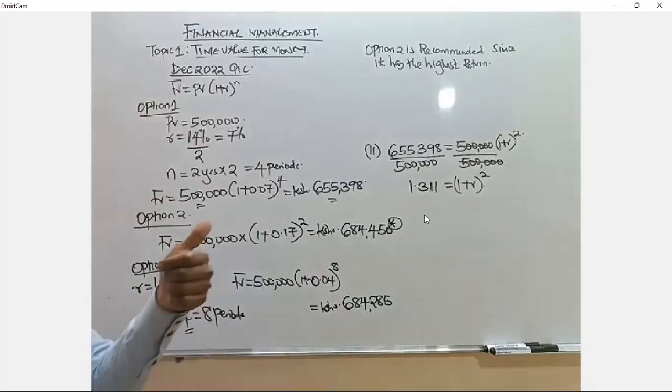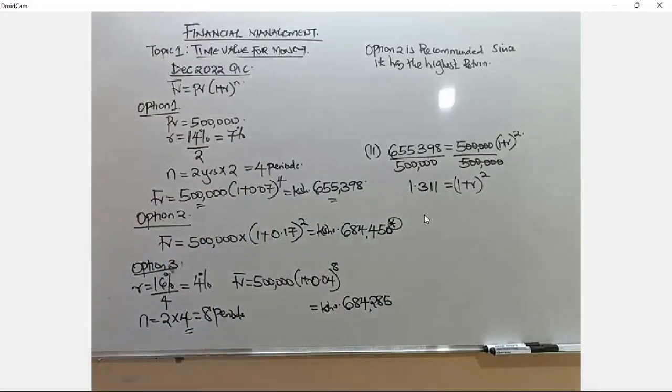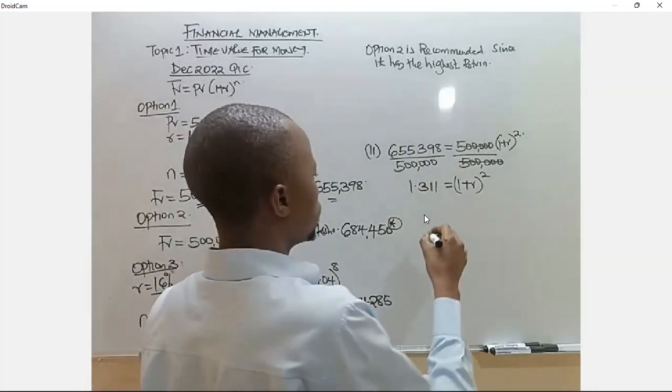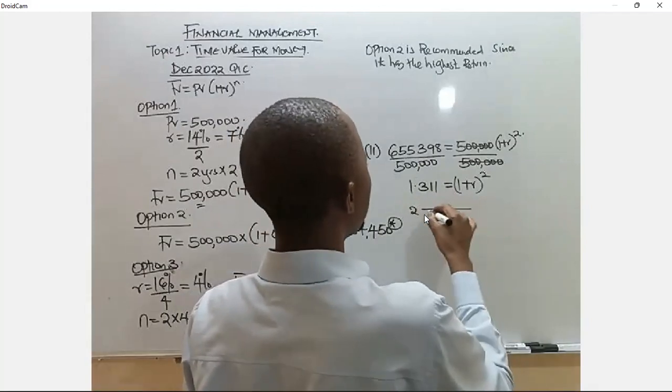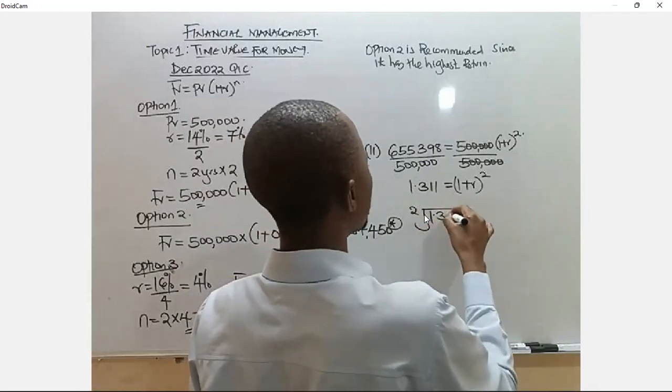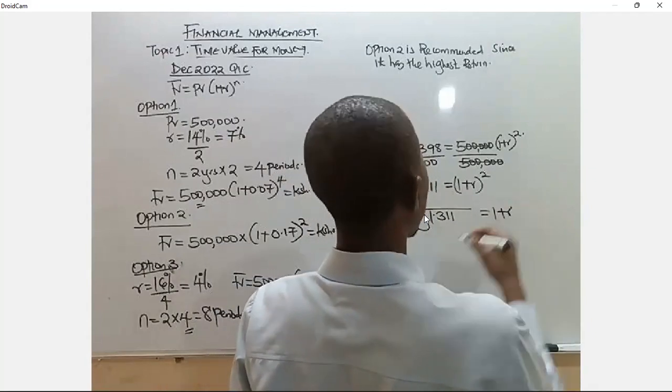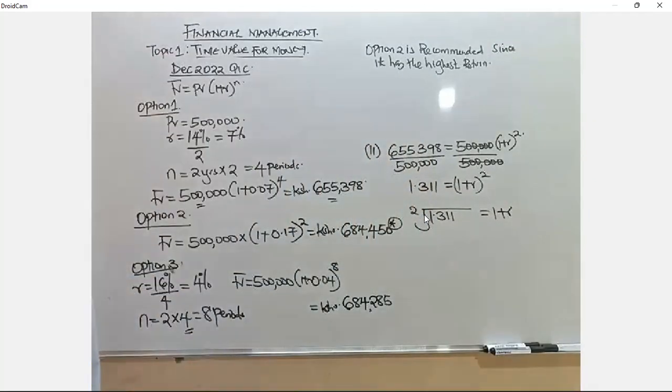The question will be, how am I going to be removing that 2 up there? Right? So it means we have to use the roots. So it will be the square root of 1.311, which should be equal now to 1 plus rate. So how am I going to be doing this? Just look on your calculator and you press the number 2 from your keyboard. Then you press your shift,